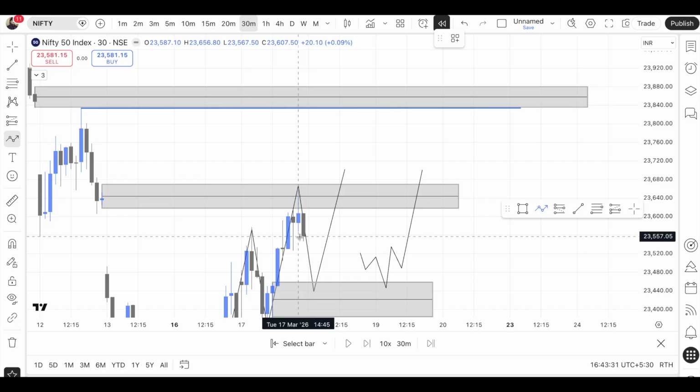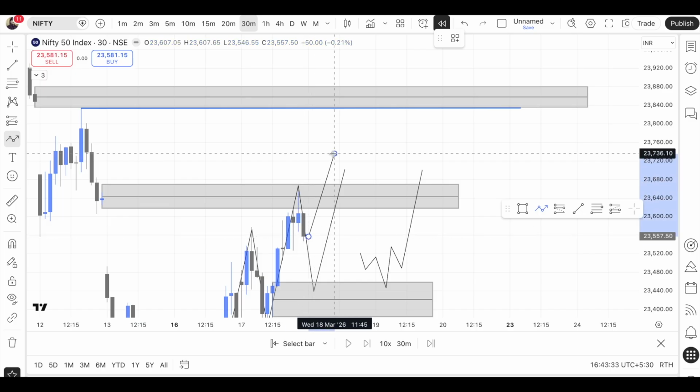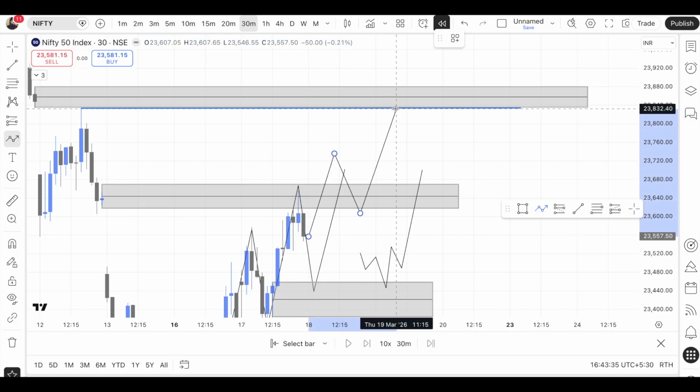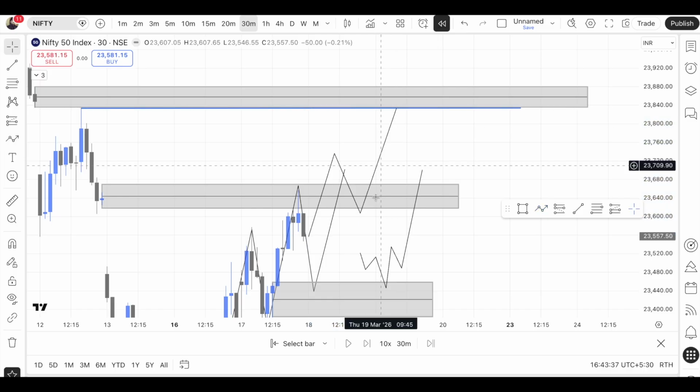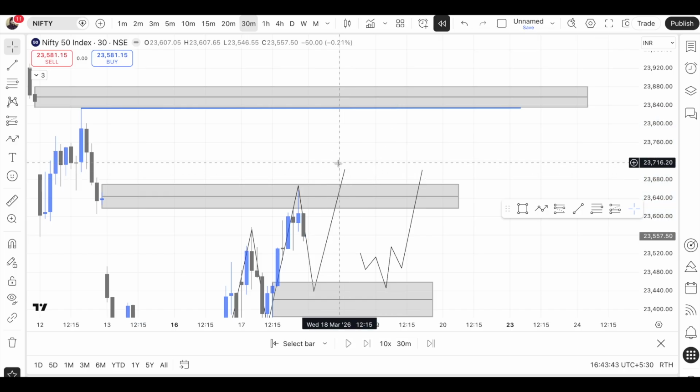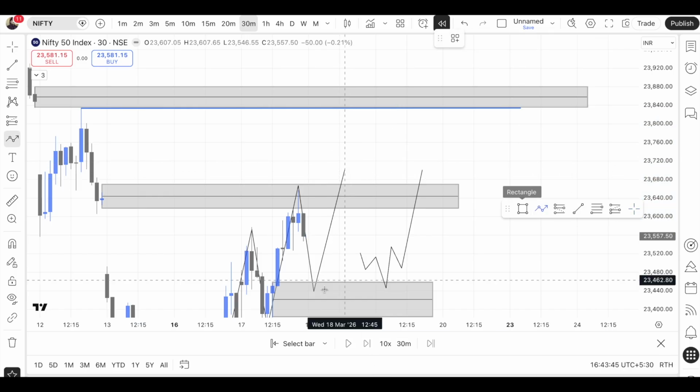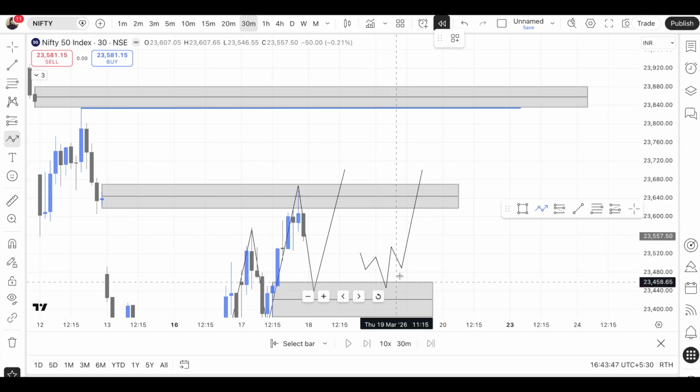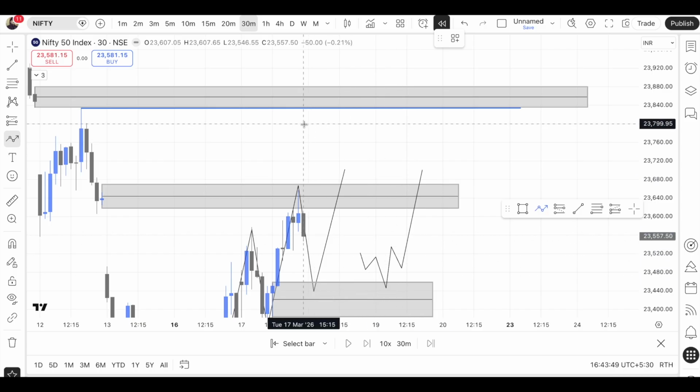If it opens flat and goes up, then this particular leg of price action is what will be focused, and we will look for a demand in this leg of price action and we'll be taking the market higher. Okay, if market opens gap down, this is the same scenario. This is more favorable. If market opens pretty big gap up, I am slightly avoiding the market because market can